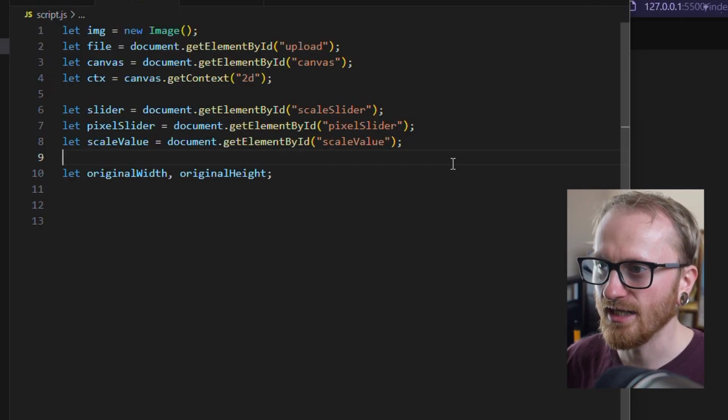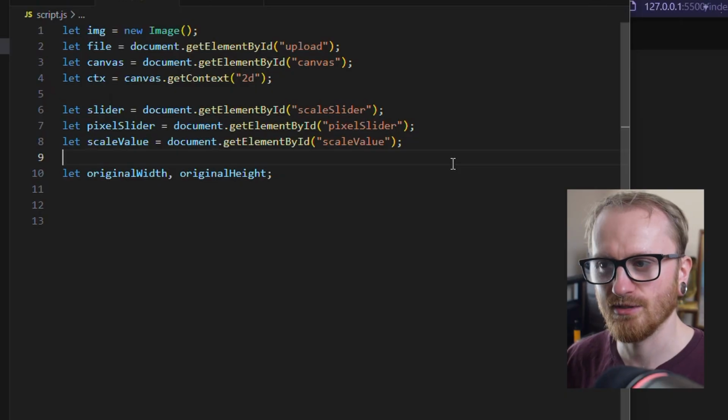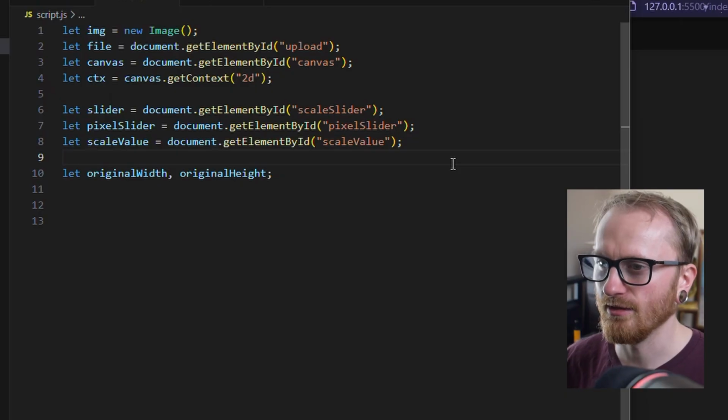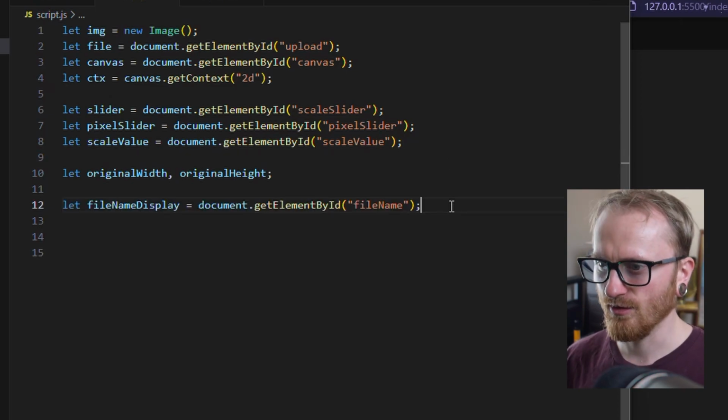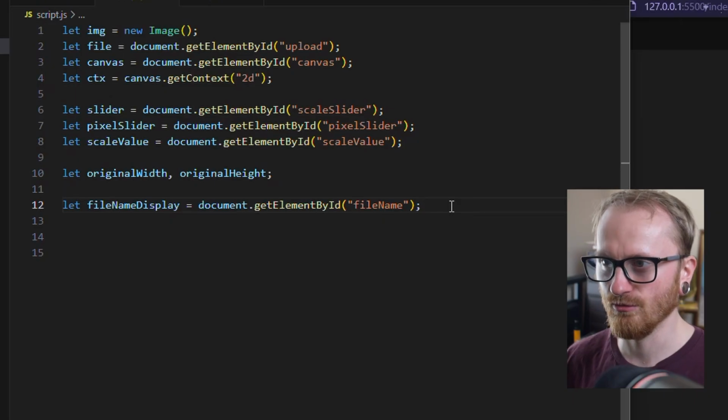This will help with scaling it later on, just so it doesn't mess up the slider. Yeah, we'll use this to calculate the final size in the canvas later on. And then also, we want to display the file name once we upload it. We're going to do a bunch of different things to this later. Like, we're also going to have it not be too long as well, because we don't want it taking up